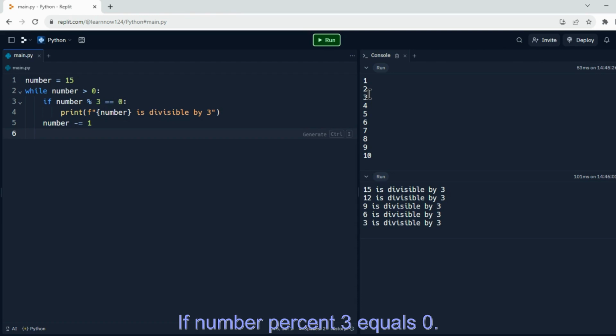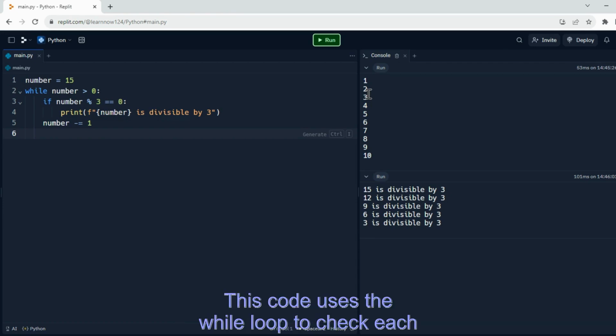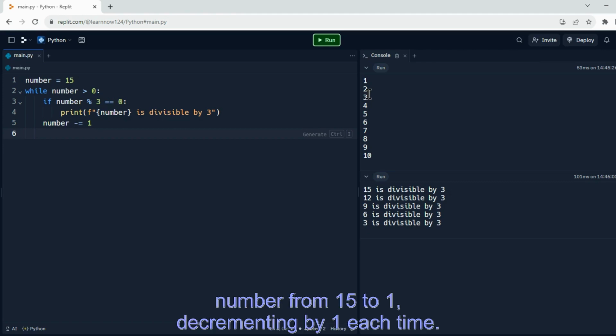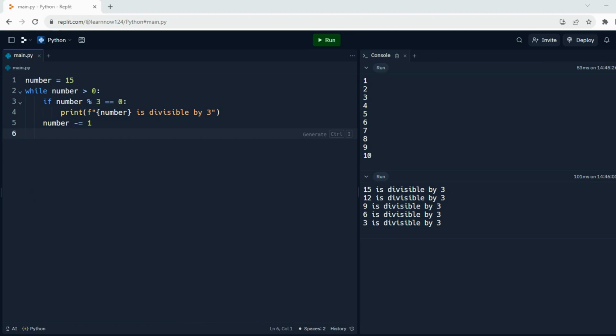If number % 3 == 0: print(f"{number} is divisible by 3"). number -= 1. This code uses the while loop to check each number from 15 to 1, decrementing by 1 each time. If a number is divisible by 3,